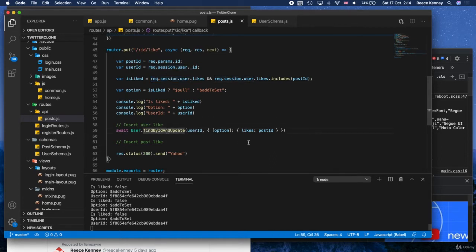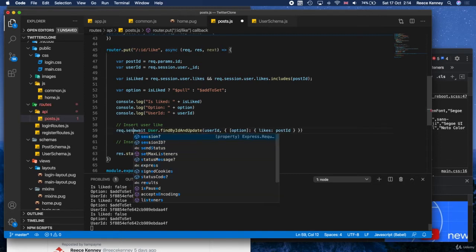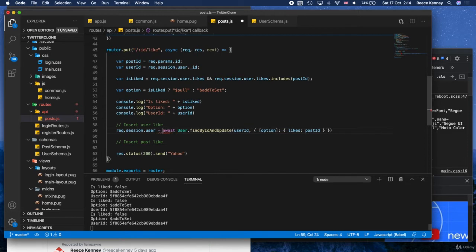Now, there's a couple of ways we could do this. We could just say req.session.user.likes and then just add the post ID manually. But a simpler way would be to just say req.session.user equals, and then use the value which is given back by this findByIdAndUpdate.